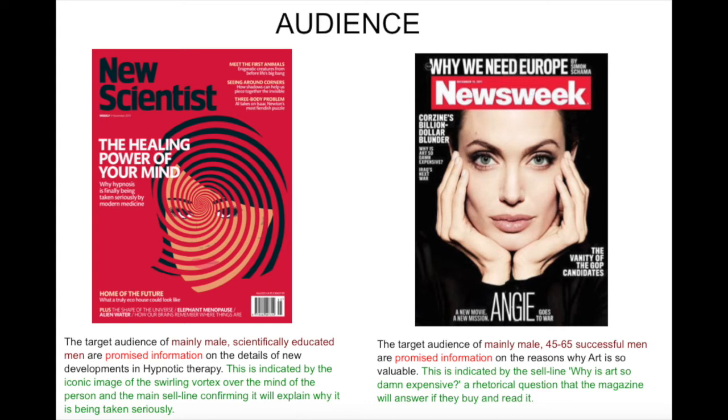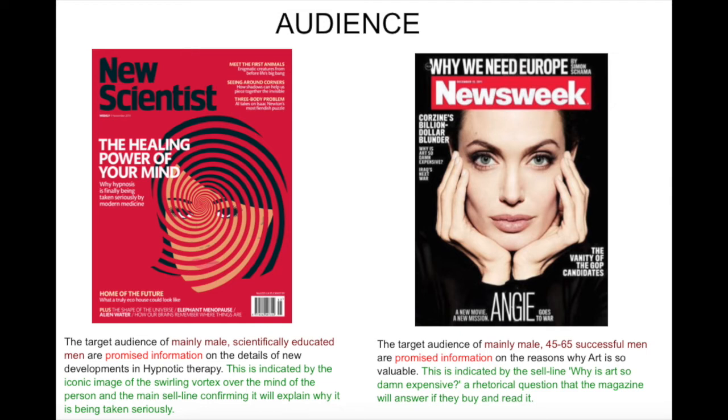I feel like it's remiss not to quickly go out to audience. Then you'll have another section on audience, where you will literally take the target audience, define them, and then think about what they are promised in terms of information. All magazines are a promise of information. They're a promise of insight on issues that the audience might identify with. But there are also other techniques, like enigma. So is it a promise of information, where they are confirming you will get the information and the knowledge, or is it enigma, that it raises a question that the audience want answered?